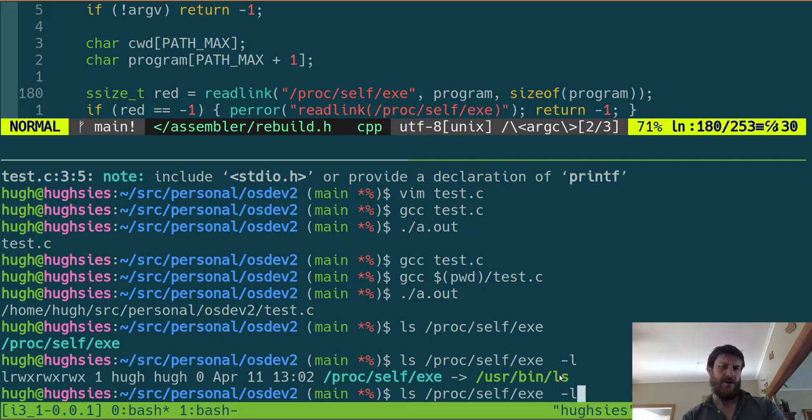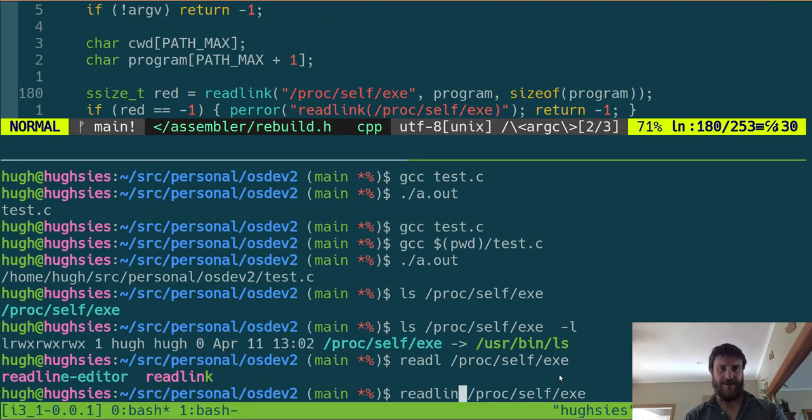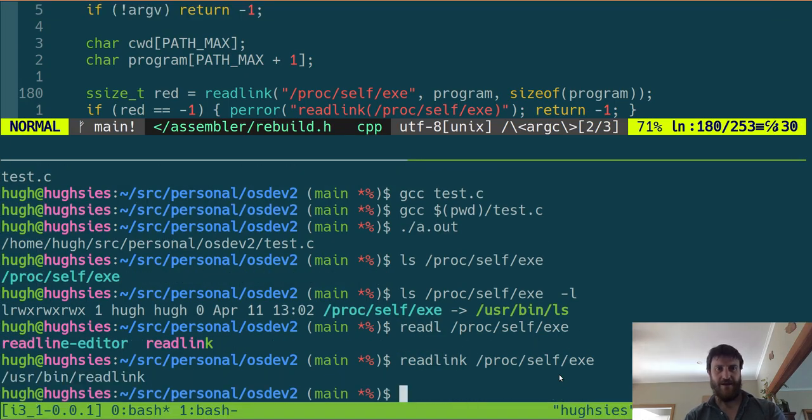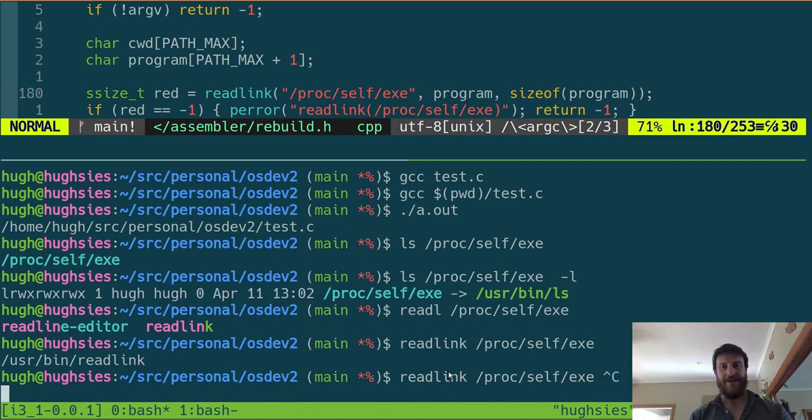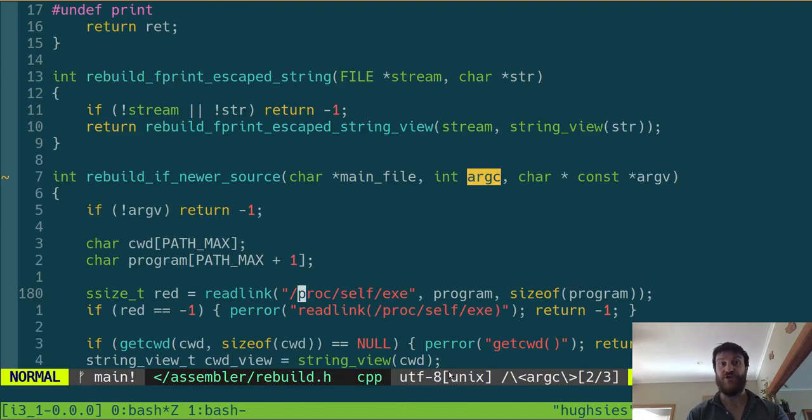And can I do something like readlink as well? And yeah, this is now linked to readlink. So you see it's kind of just a link to the self, yourself. So it's a link to the running thing. So this way, it's a bit more